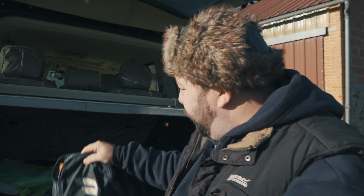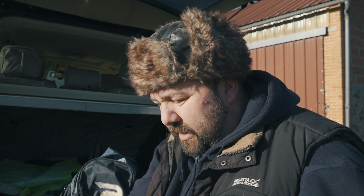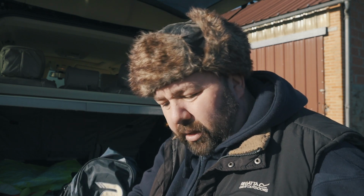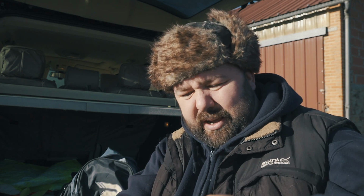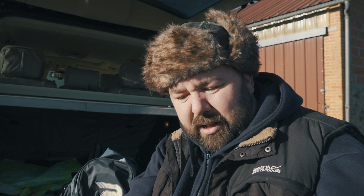So in this bag we've just got general stuff. We've got a torch, a rechargeable torch, with a bit on the end and a bit on the front, because there's nothing worse than trying to do something on a car and you can't see what you're doing. Always carry a knife. This is just a pocket knife. It's got a little blade in the handle, so if you had that in the glove box,